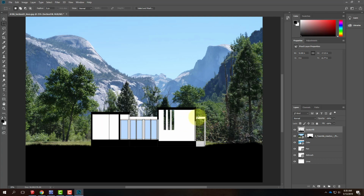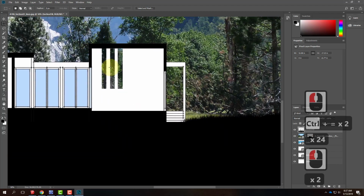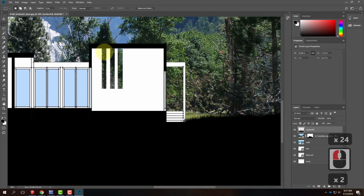Actually, I think this probably should have been filled in as well. It depends on where that section cut was. Maybe not. Maybe it's still in elevation view. OK, so now I have the background installed. In some cases, you may want to make some adjustments to the background to distinguish between the interior windows and what's happening outside. And so I might make a modification to this particular section of my